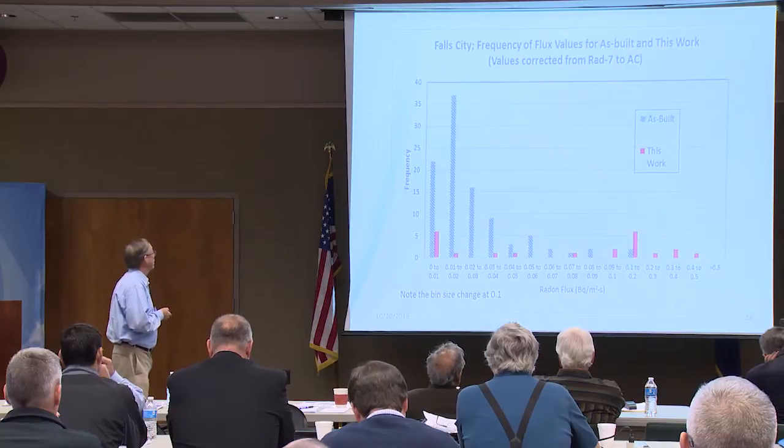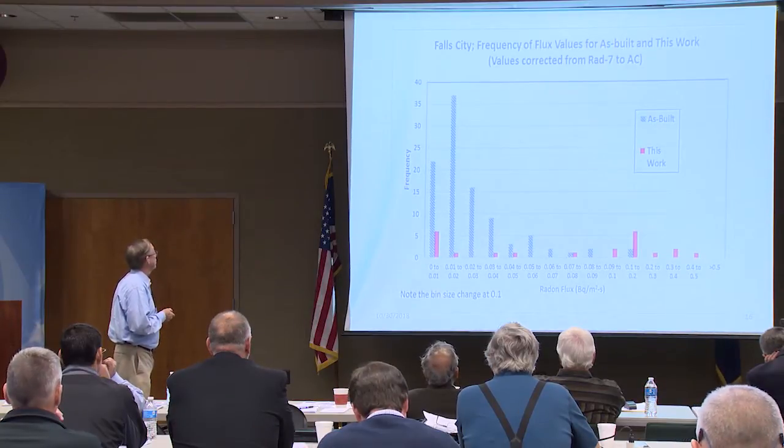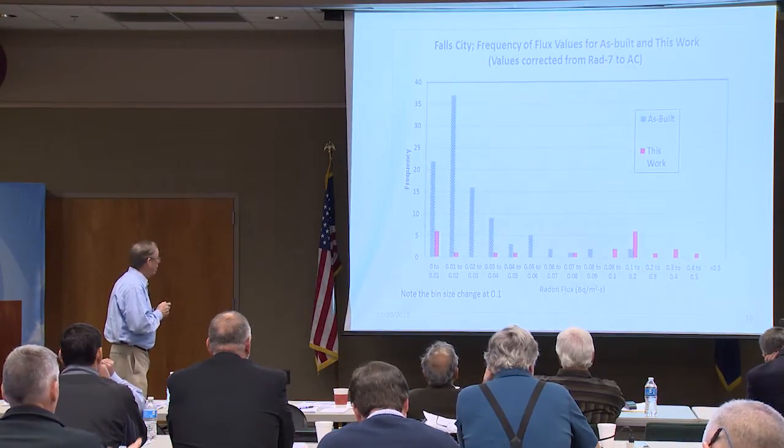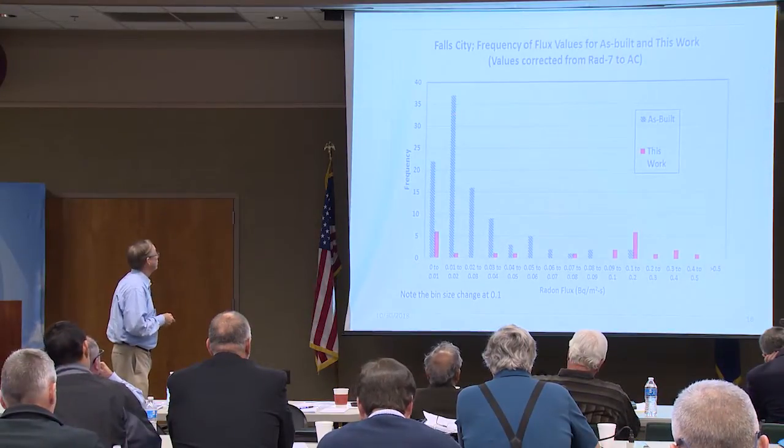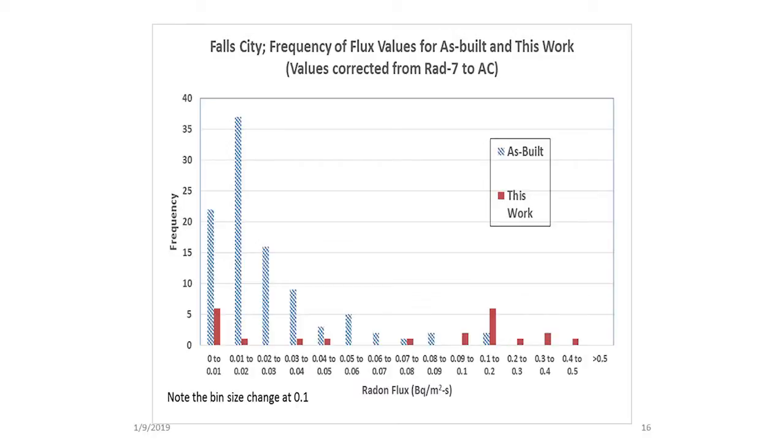So here we did have good data for Falls City on the as-built, and so we could do a histogram of that. The blue is the as-built measurements. So this is frequency versus radon flux. And there is a shift here in the scale at 0.1, so this actually really would extend way out over by the wall there. But what we see is that